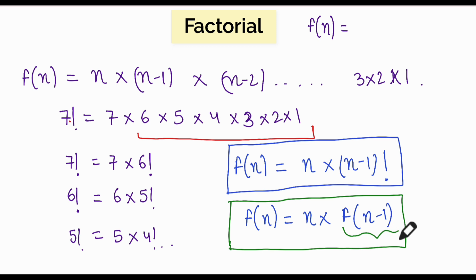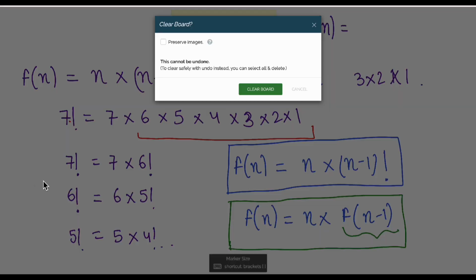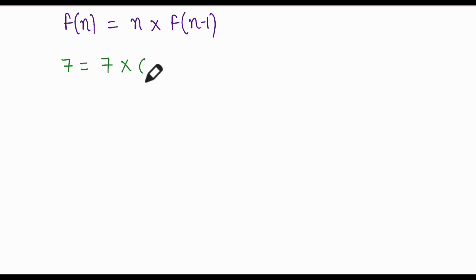Okay, so how will this start working? So let us understand how this will work in terms of factorial. Those who already know, you can skip a little bit ahead because this might be repetitive for you, but for those for whom recursion is new, please stick to this. So as we mentioned, factorial of n is equal to n into factorial of n minus 1. Now let us understand this from a new perspective. Let us say I have to calculate factorial of 7. I mentioned that 7 factorial is equal to 7 into 6 factorial, right?